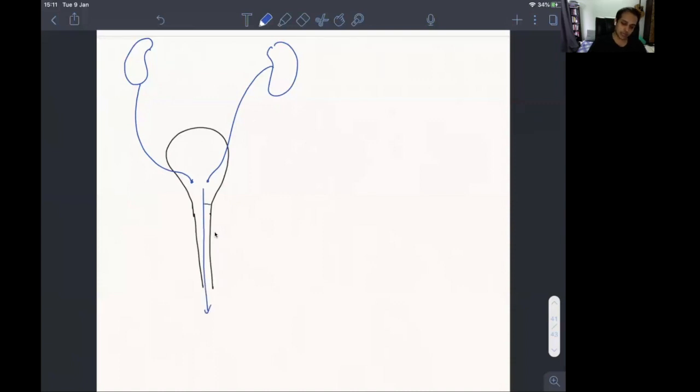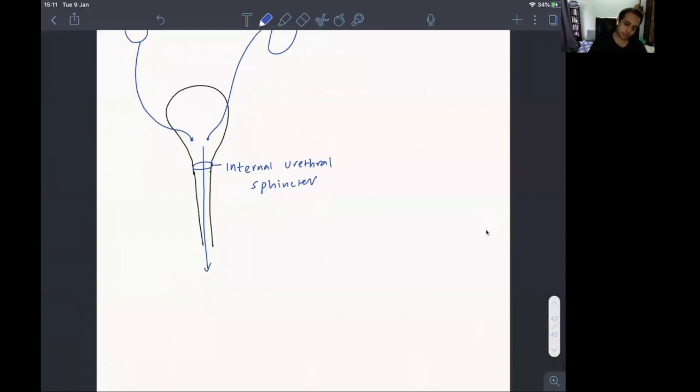So right at the exit, there is one sphincter known as the internal urethral sphincter, and at the exit there is another sphincter known as external urethral